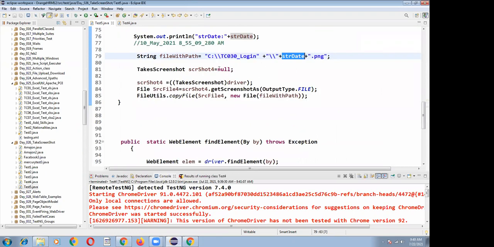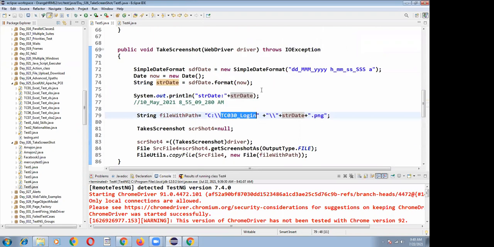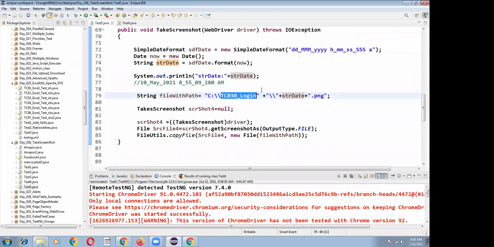And with that name, the snapshot is saved into this location. This is the simplified understanding. Every time, the snapshots are stored into this location. That's it.